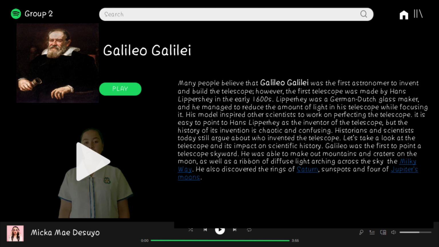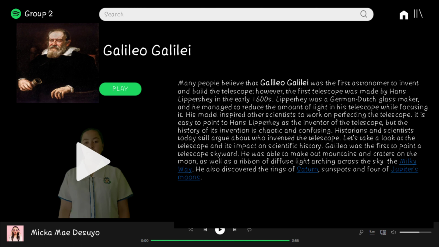His model inspired other scientists to work on perfecting the telescope. It is easy to point to Hans Lippershey as the inventor of the telescope, but the history of invention is chaotic and confusing. Historians and scientists today still argue about who invented the telescope. Let's take a look at the telescope and its impact on